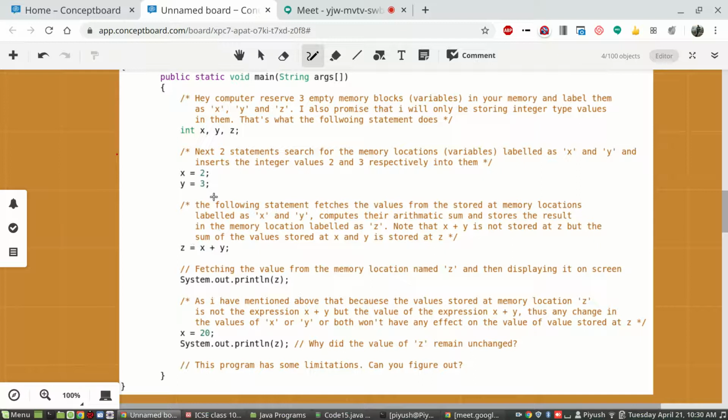So z will contain the sum of x: the value of x will be fetched and will replace x, 2. The value contained in y will be fetched and replaced after plus, and the resulting expression will become 2 plus 3. The sum will be calculated as 5, this 5 will be stored in the memory location identified by z, and then you are displaying z.